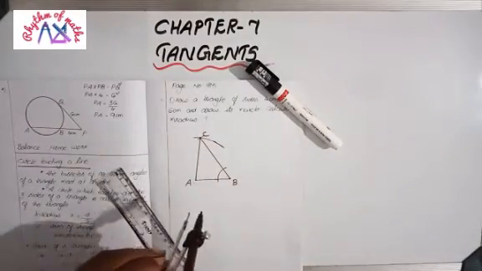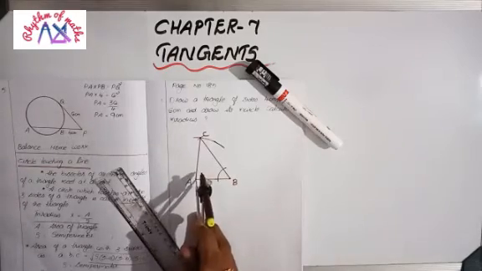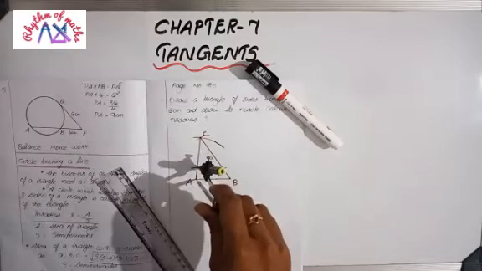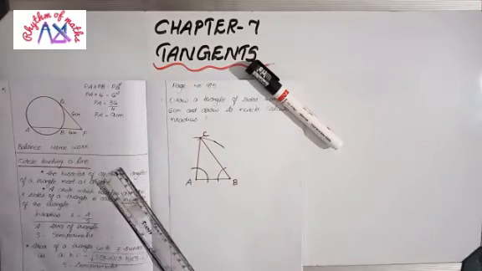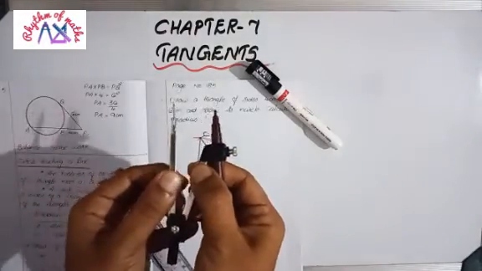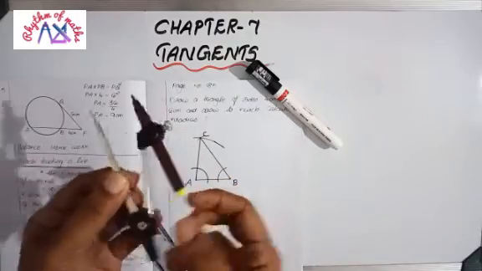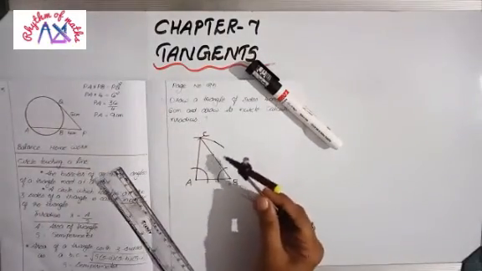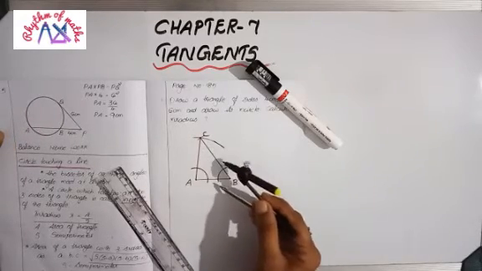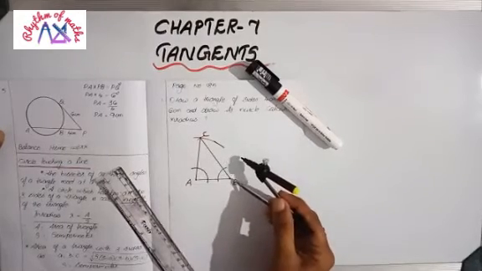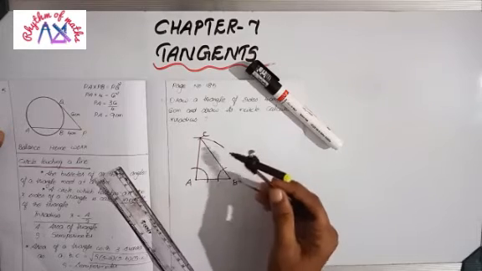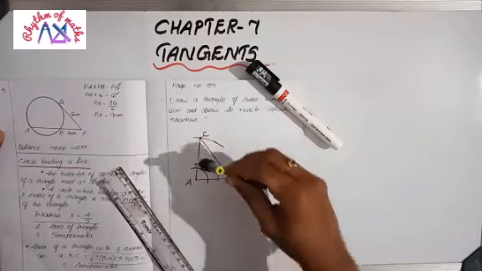Okay, with the same measurement draw a small arc from the point A also, without changing the measurement. Okay, so like this you have to draw another arc. Okay, after drawing these two arcs, next step is just extend the compass. Then when you draw these two arcs, you will get 2 points in these two sides. Angle B means BC and AB are the two sides. In BC and in AB, you will have 2 points. Okay, from these 2 points, you have to draw an arc here.